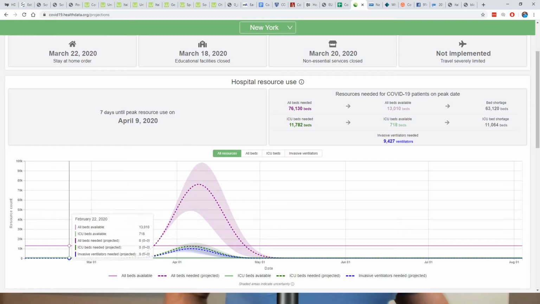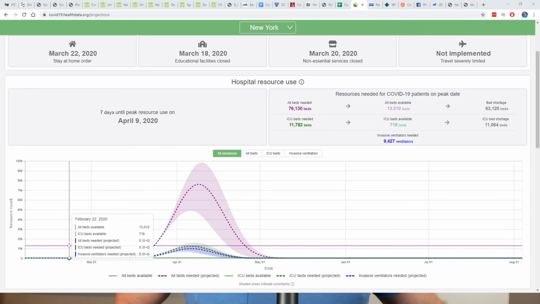So doesn't this make you feel a little bit better, guys? It's like, okay, wow, there's like an end to this thing. I think a lot of the fear is, one, people are just like, exponential rate, logarithms, it just keeps on going like a ski ramp. And it's like, when does it stop, right? So I get that. And just kind of adding a little bit of practicality to it and using some models that I think make a little bit more sense. I'm using my model based on Italy. And again, we're using Chris Murray's model. He's at University of Washington. So you could take a look at that.